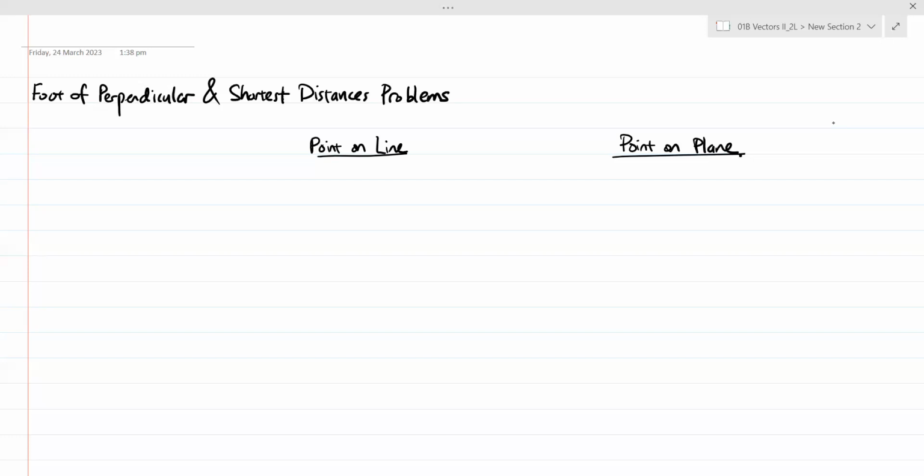I know that my vector NP or PN is perpendicular to the direction vector. My vector PN is perpendicular to the direction vector M of the line. Okay, so this will motivate me to first find the vector PN,